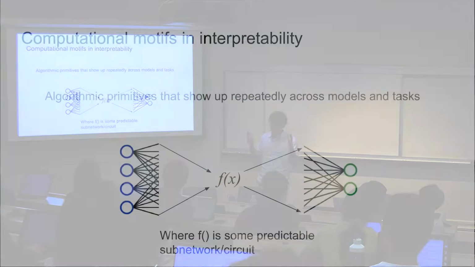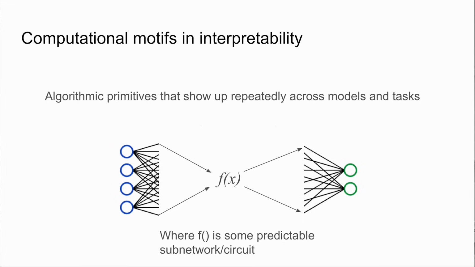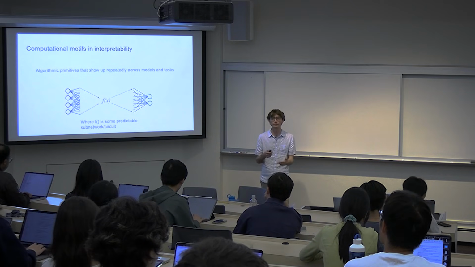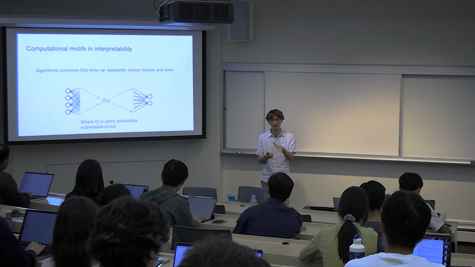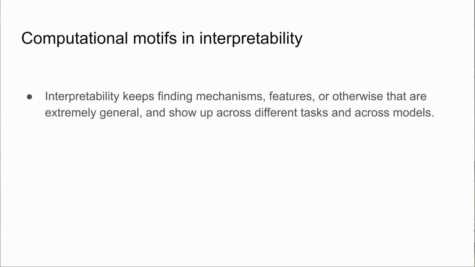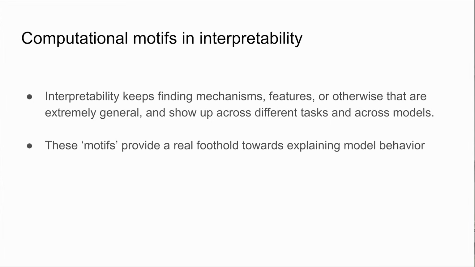And so my argument here is that when we are doing interpretability specifically at the low level of circuits, we are getting actual algorithmic primitives that models tend to learn, that show up across models, that are pressures from the training data, and that are used to solve various types of tasks. So we are getting a distilled picture of what's going on. And we keep finding these, and they're general, and we can compose them together in interesting ways. They give us a real foothold for real understanding, basically.